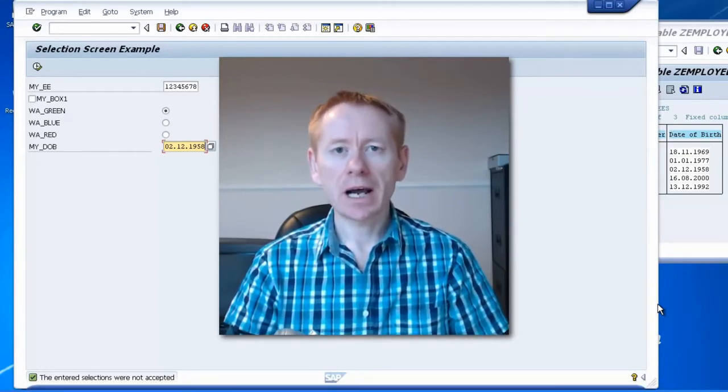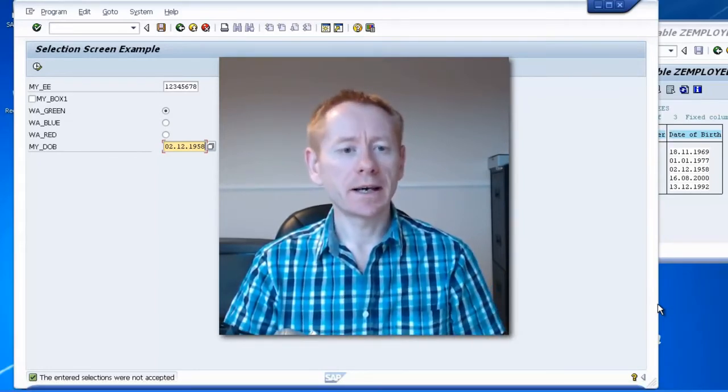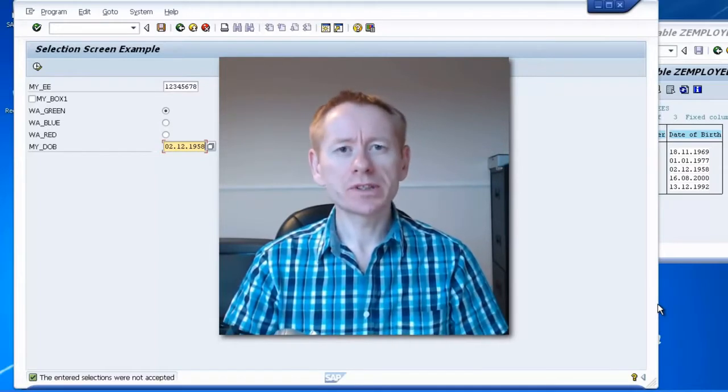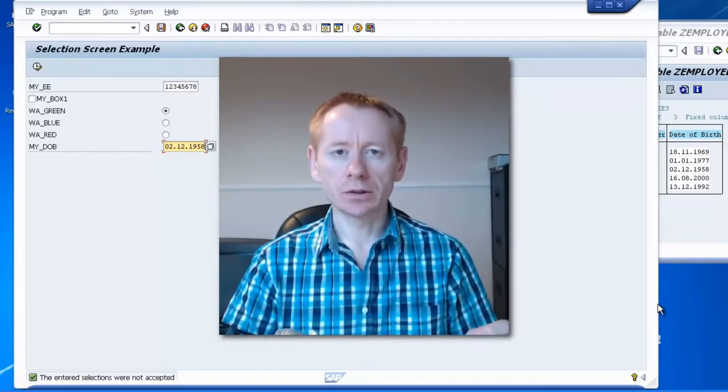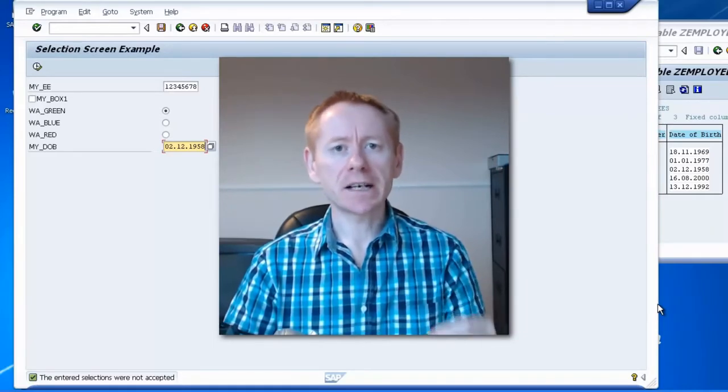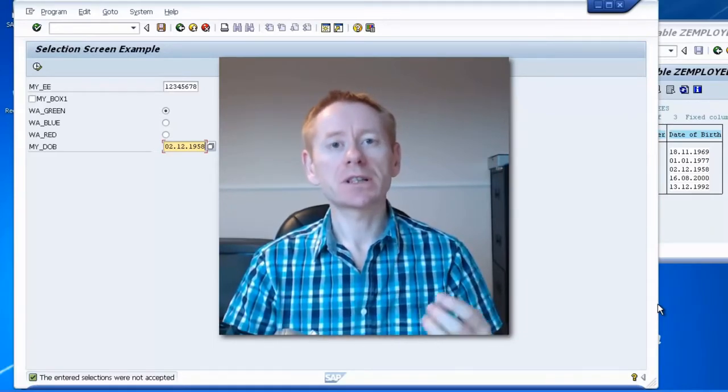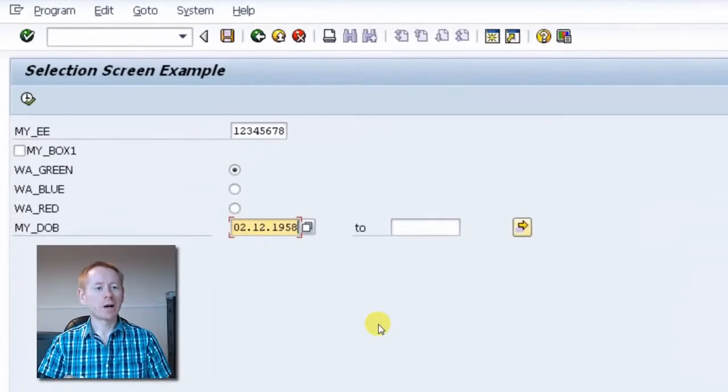I want to go through select options on selection screens. I had a question from one of the students in the ABAP course. He wanted me to explain it in a little more detail so that he really understood the low field and the high field that sit behind our select option fields. As you can see on the screen here, I have a few selection fields, and normally, let's take this first field, my EE, we just have a variable that sits behind that, holding the value that the user